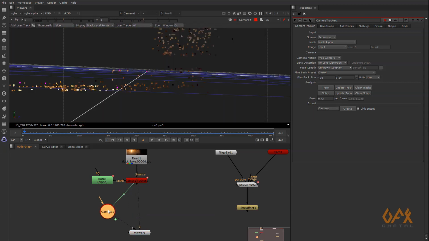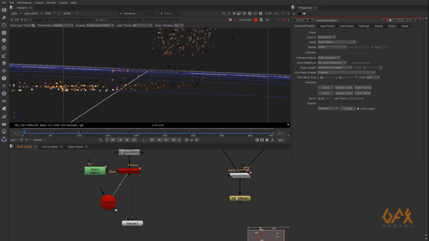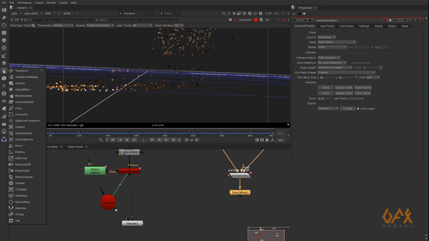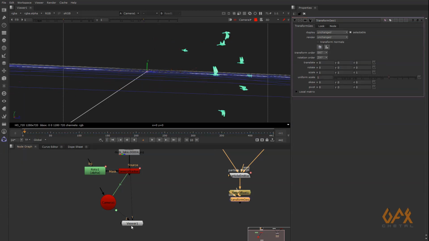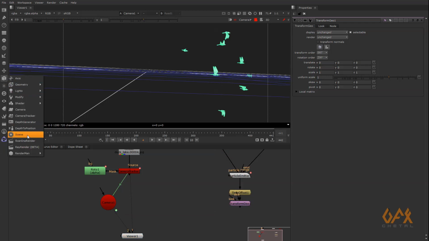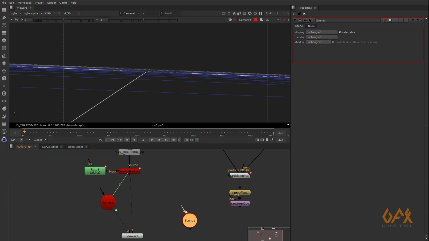So now what we need to do, I just select this time offset, I create one transform geo, I select this 3D, go to scene and merge these things over here.